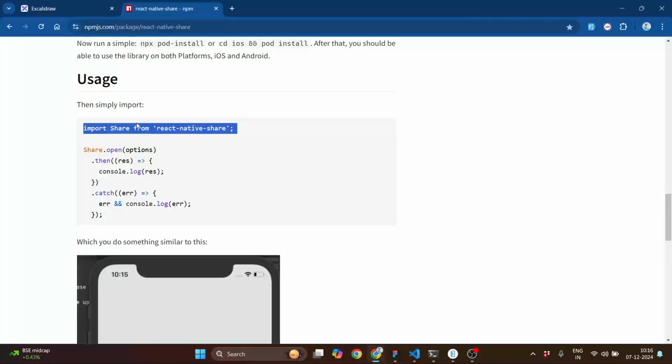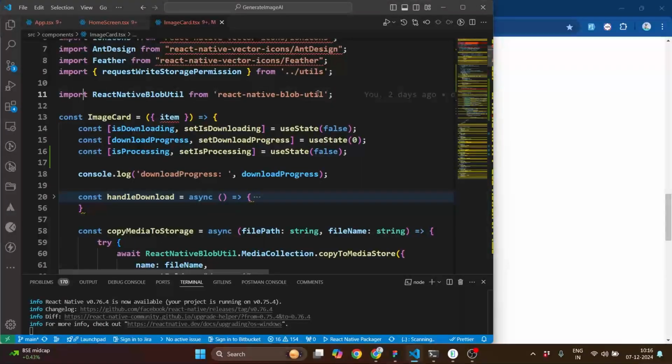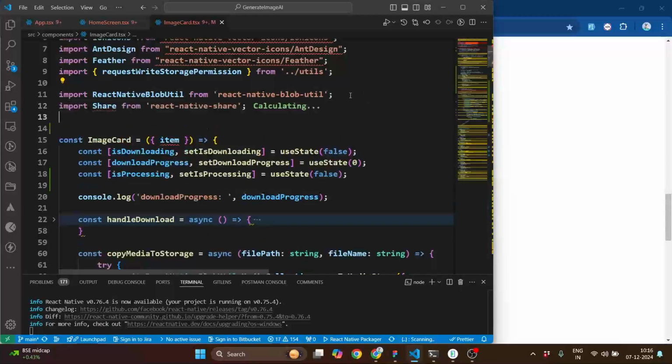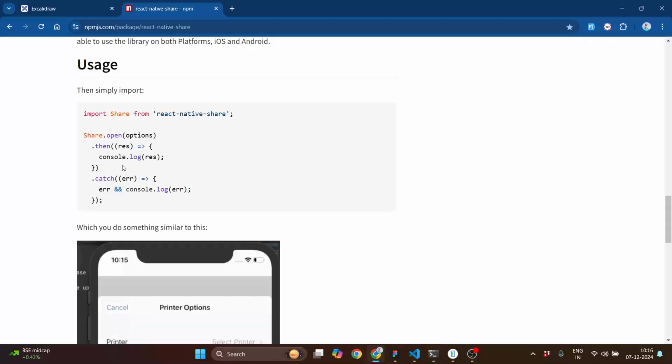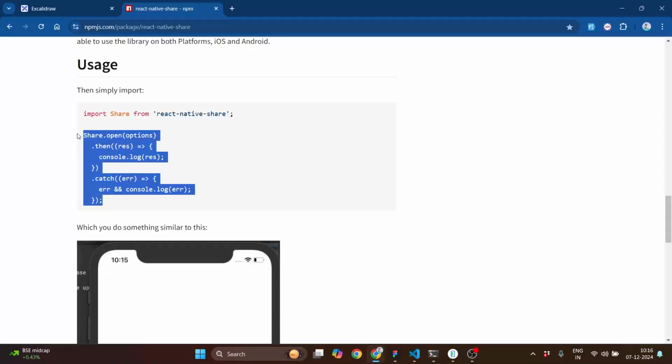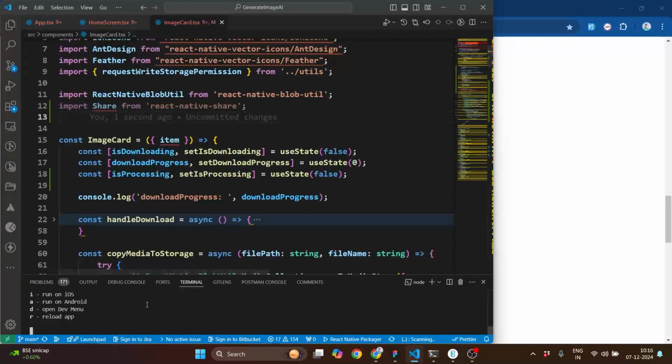Here first we have to import Share from react-native-share. So I'm gonna just import Share from react-native-share. After this, you can see that this parameter they are doing, like Share.open. Okay, so we're gonna again use that. I'm gonna pass this parameter like Share.open and .then and .catch. So just copy this whole line of code. Okay, and we're gonna run the app,